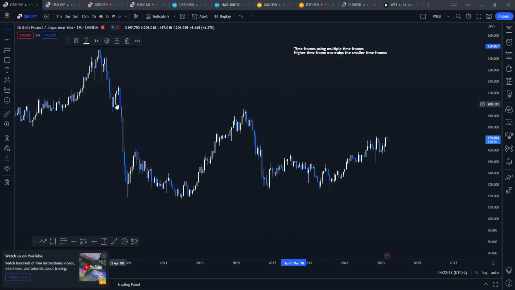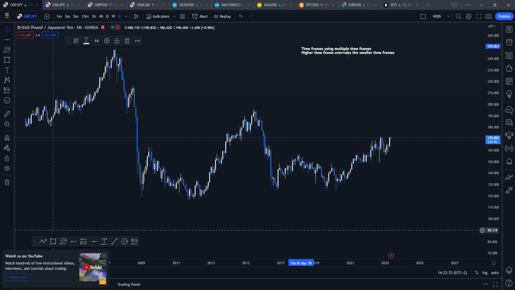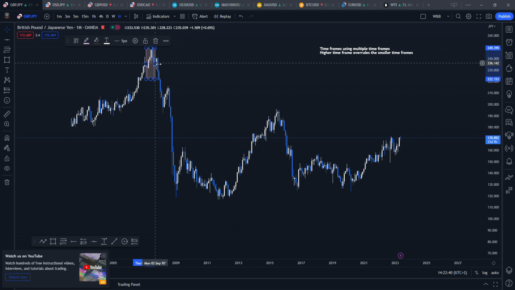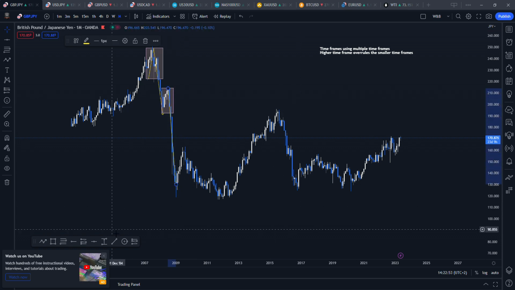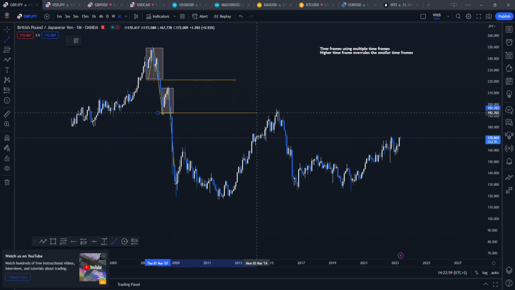your monthly time frame will have a much stronger point of interest that gets respected over your lower time frames. For example, if we use the concept of boxes, understanding that price moves up before it moves down, they move the price up to liquidate and then they break lows. And here we can see the same thing happening again. They move the price up before moving it down, and it only gets validated once it breaks these lows. We will see that